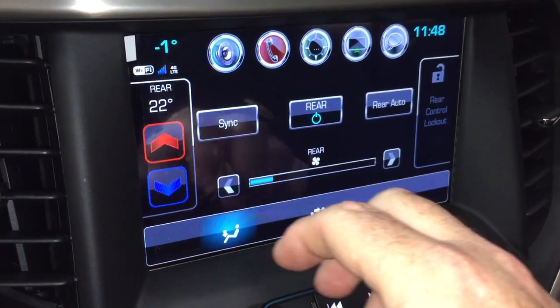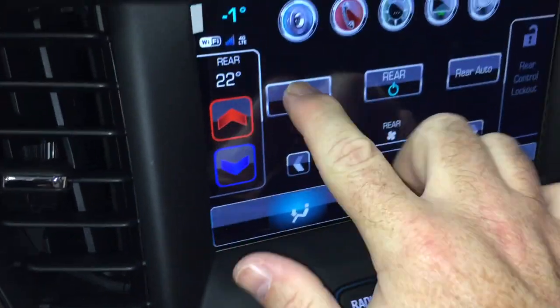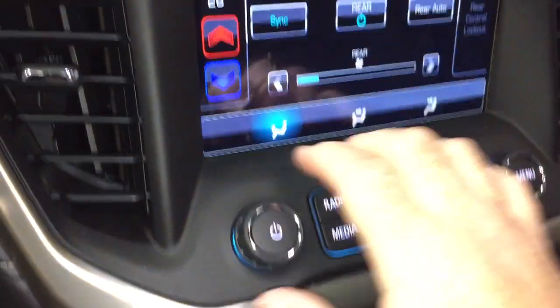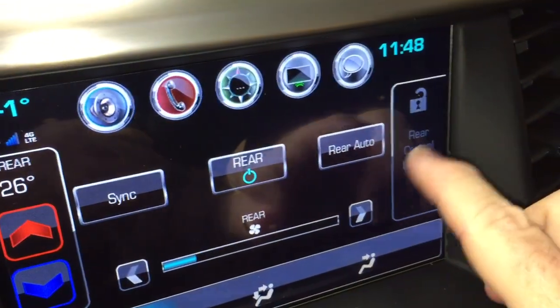Right now it's synced up with what the driver has. Actually, no, it's not on sync right now because I got 28 degrees over here on the driver's side. By pressing this, I can sync it, and the rear will be at 28 degrees as well, or you can control it back here. The passengers control their own temperature as well, or you can lock it so that they can't control it,